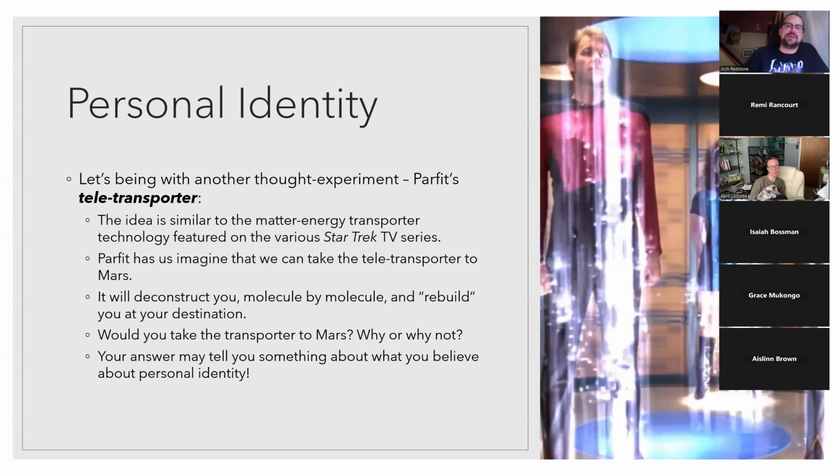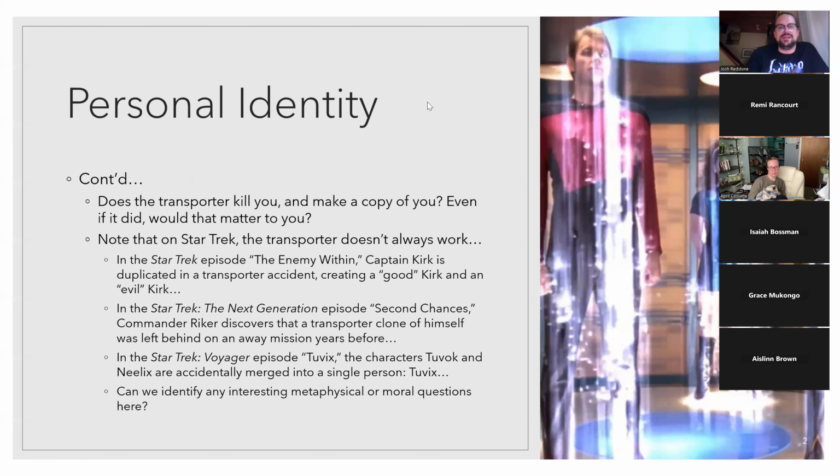Yeah, maybe you wouldn't come back the same. Maybe there'd be some loss of molecules or something. Right? If you think that it kills you and makes a copy of you, I get it. The transporter doesn't always work, at least on Star Trek, right? We already mentioned,